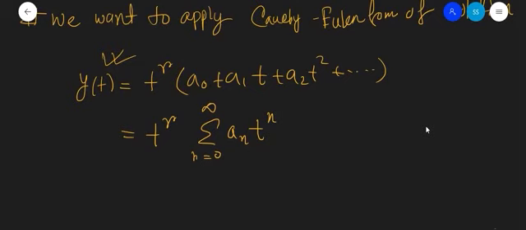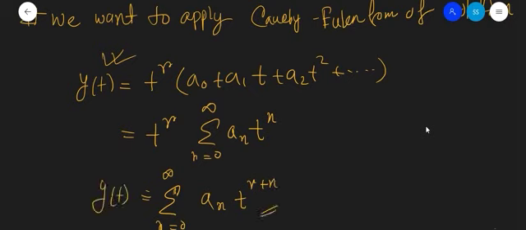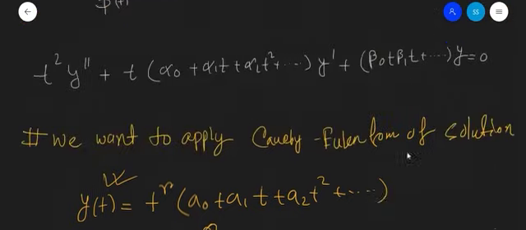And since this t to the power r gets multiplied everywhere, you just need to multiply t to the n with t to the r. So from n equals 0 to infinity a of n t to the power r plus n, like this. So this is the kind of solution that we are assuming or anticipating, and as illustrated by our previous attempt, you can see that this is the thing that will work,